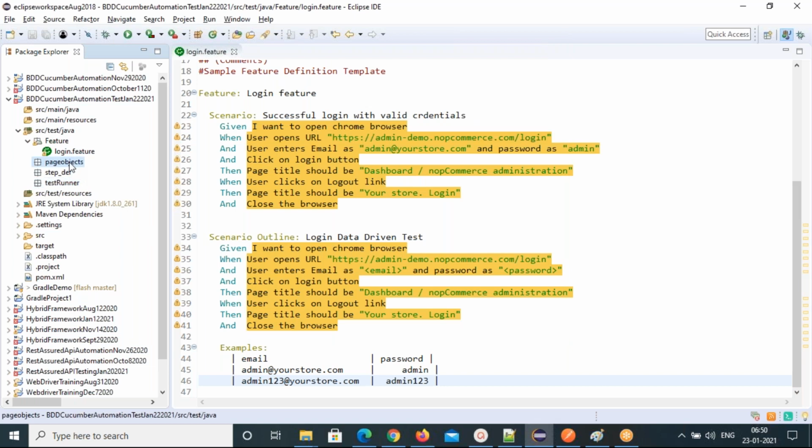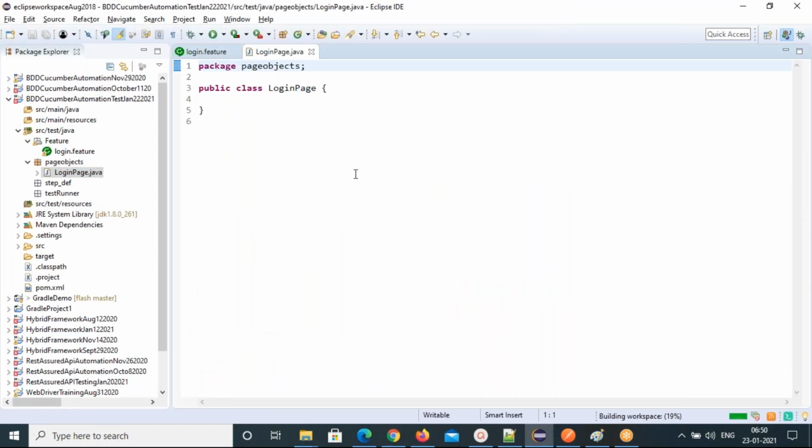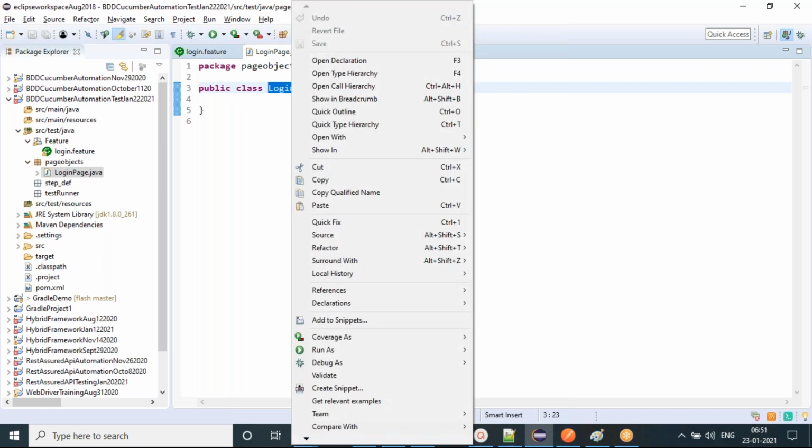Now under page objects, I'll create a page class. What is the page class we need to create? Login page, right? Just create a normal Java class, that is LoginPage. And you can define the elements using page factory. Let me create one constructor.